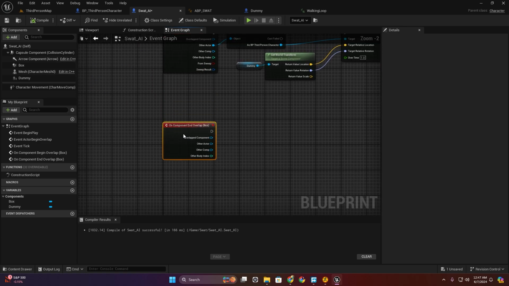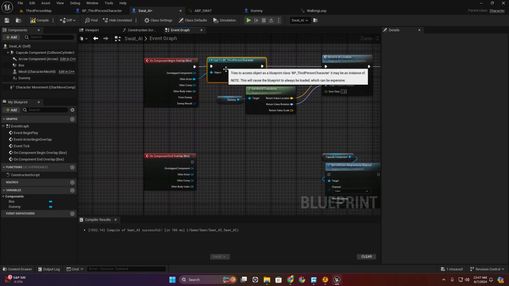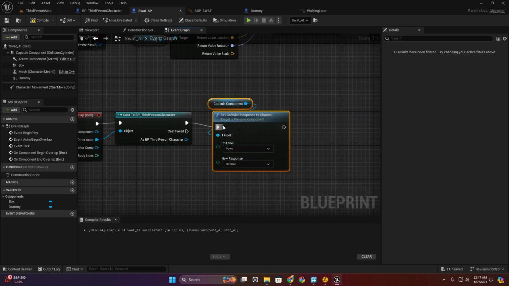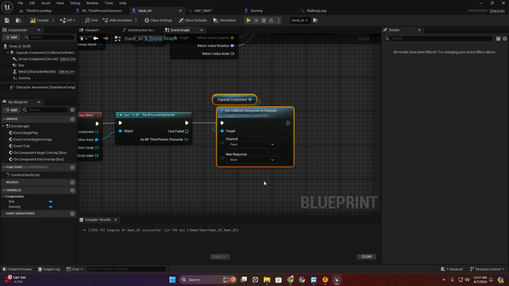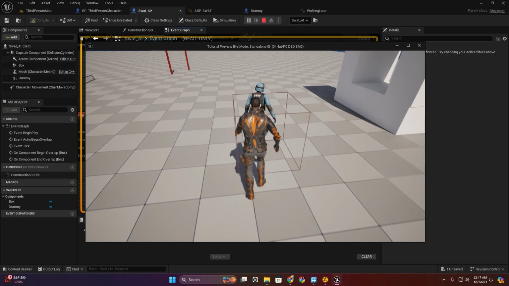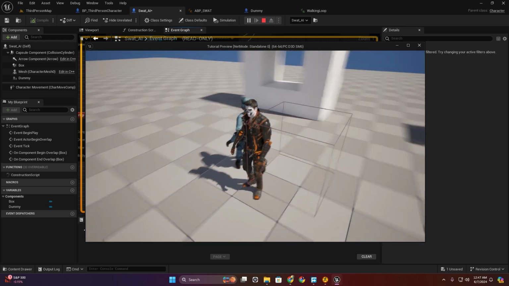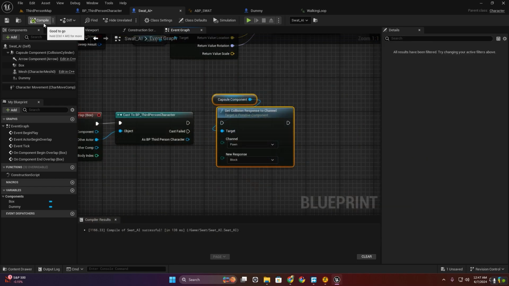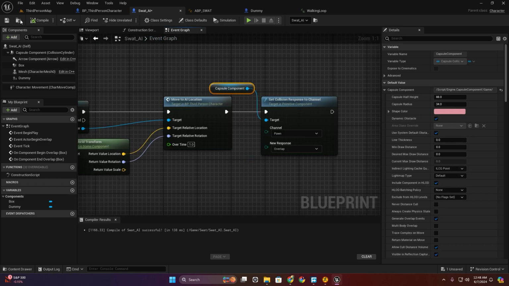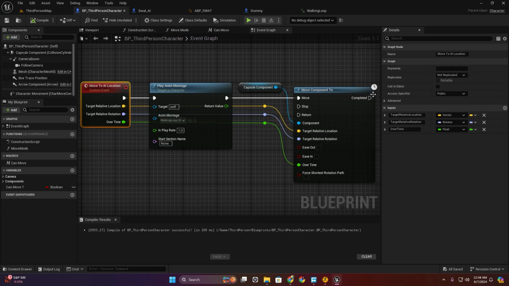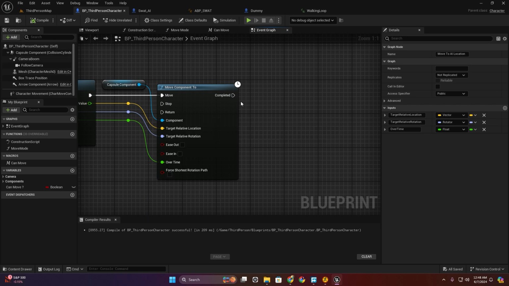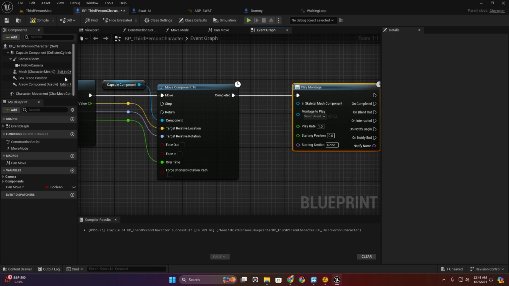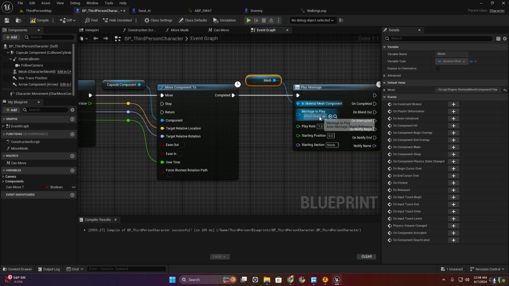Copy this node on end overlap. I'm going to paste it here and then set this to block. Okay, remove this for now. On complete, I'm going to play montage, select our skeleton mesh, and this is going to be,